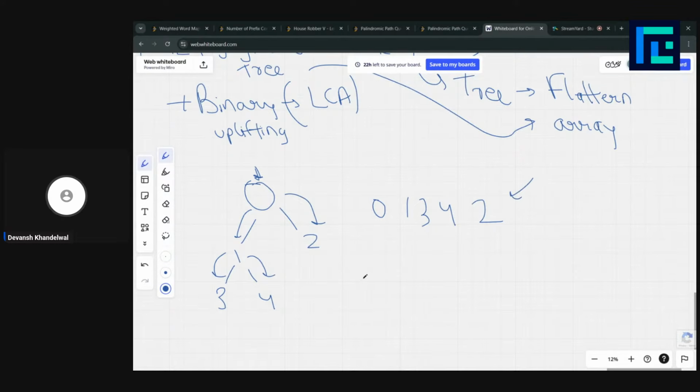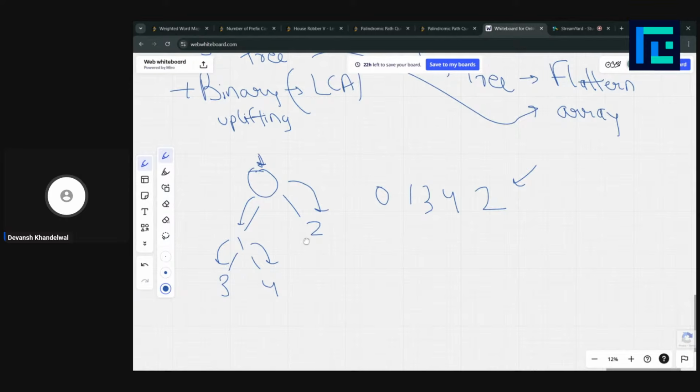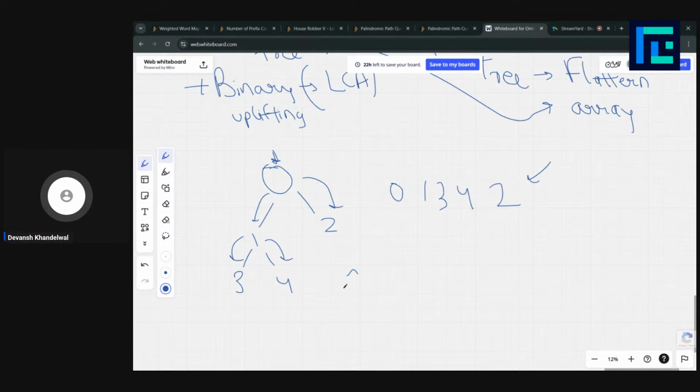How can we apply a segment tree here? Let's say we need to XOR 1 to all values of 1, 3, and 4. What we could do is keep an in time and out time for each vertex. This in time and out time tells us how many nodes a particular subtree has. Let's say we need to XOR 1 to 1, 3, and 4, basically the subtree of root 1.